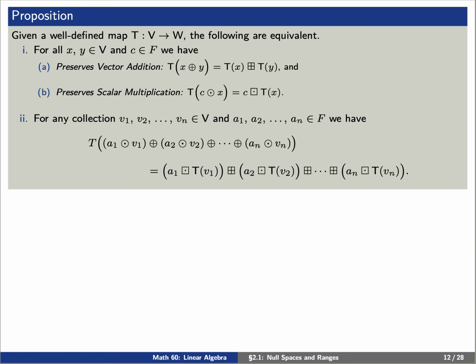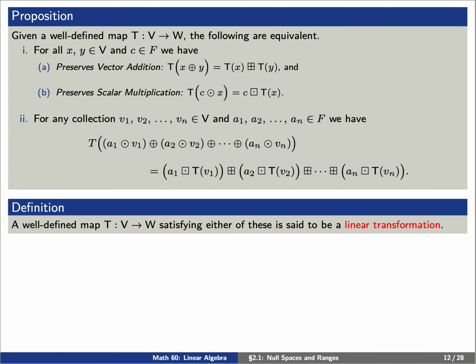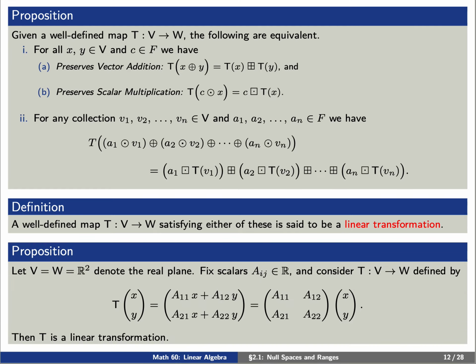This should be equivalent to saying that T preserves linear combinations. That is, given a collection of vectors v1 through vn and a collection of scalars a1 through an, we can consider the linear combination a1 v1 + ... + an vn. T should map that to a1 T(v1) + ... + an T(vn). A well-defined map satisfying either of these two is said to be a linear transformation. As an example,